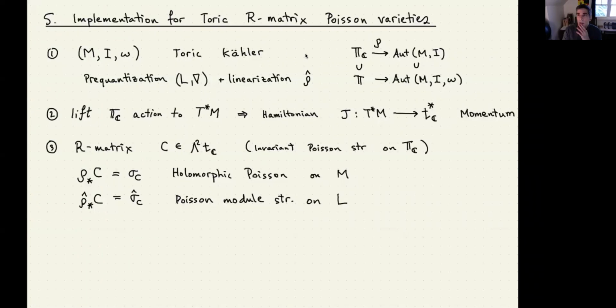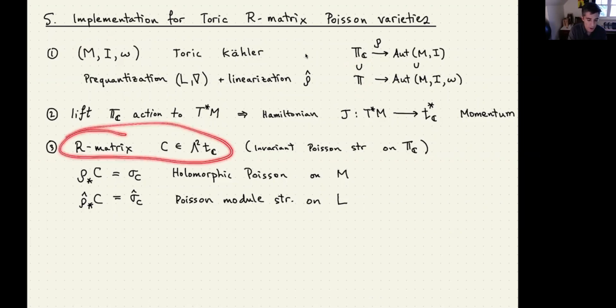So in our recent paper, we were able to implement this in the case of toric varieties. So if you take a toric Kähler variety with a prequantization and a linearization of the toric action, so that the torus is acting on the prequantum line bundle. So this is a usual toric Kähler variety. And what we do is choose an R matrix, a so-called R matrix, which is just a tensor in wedge 2